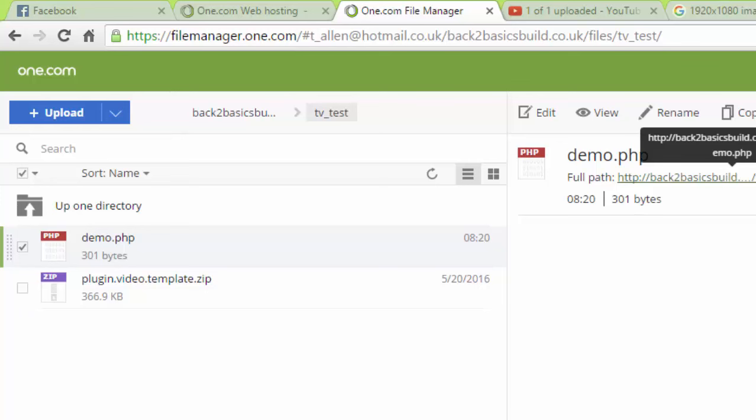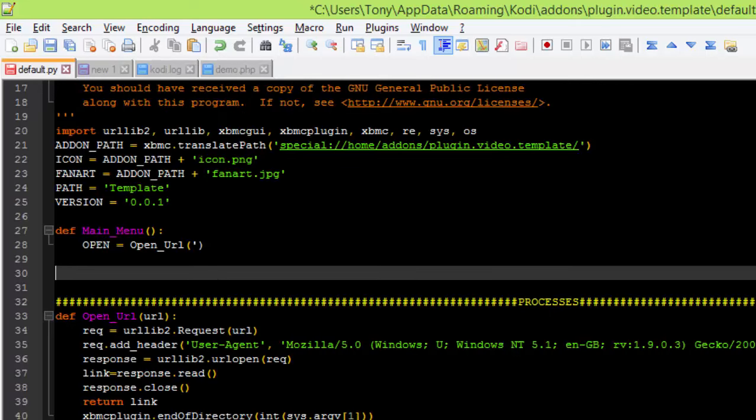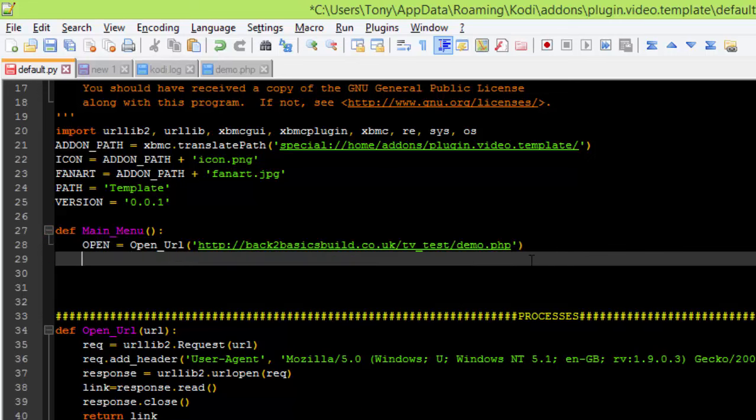But yeah, if you right click that, copy link address, and that's all set up. So now you've got one menu item, and you go into your default, and that'll be the URL you open. Okay,